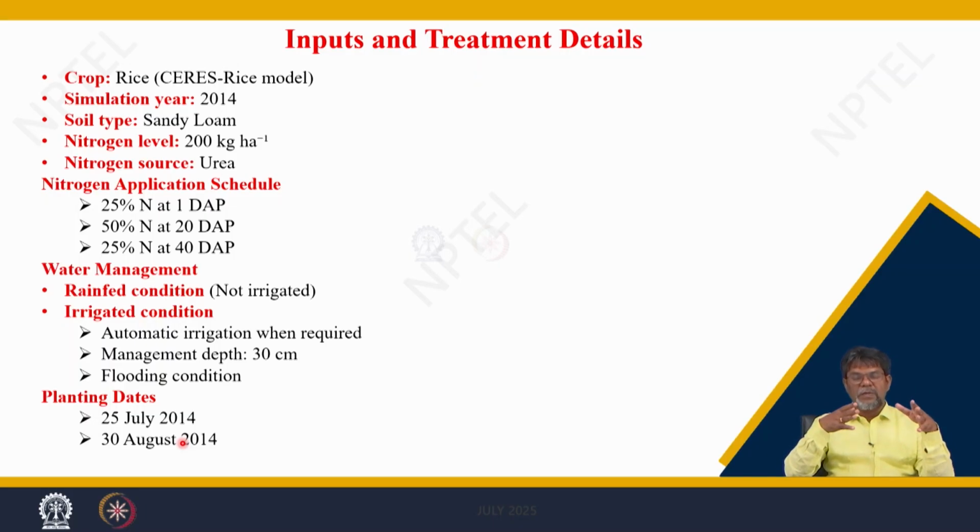If you plant at a different time, then the crop does not only face different water management, like rain fed or no rain; the crop also experiences other parameters like temperature. The different growth phases differ if you go for a different planting date, and that also influences the final output. So, this is the information given. With this information, you need to create the treatment files.